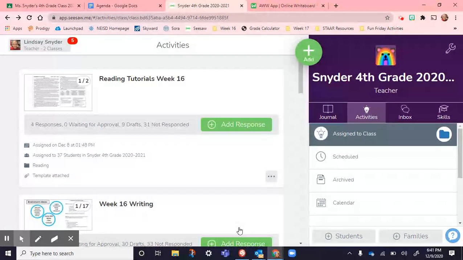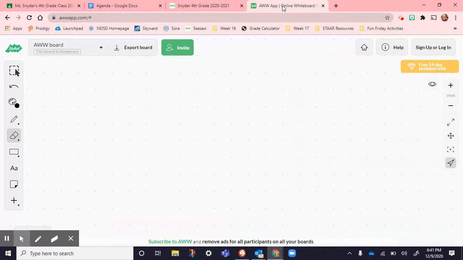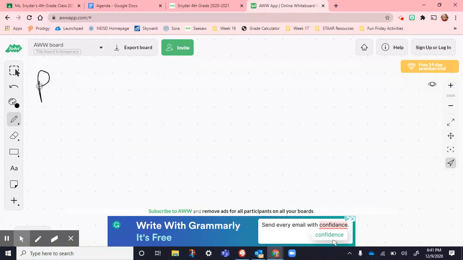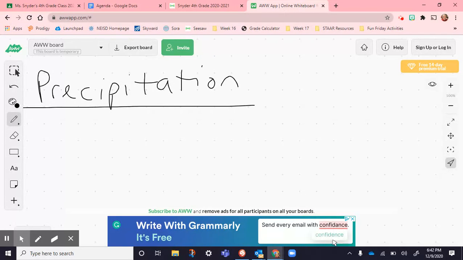So precipitation is when we've got our liquid, I'm sorry, let me go here, I'll put it on here. All right, so precipitation is when you've got condensation. You had that to where it changed from a gas back to a liquid, and then when it gets so heavy, the cloud can't hold anymore. It releases it as either rain,